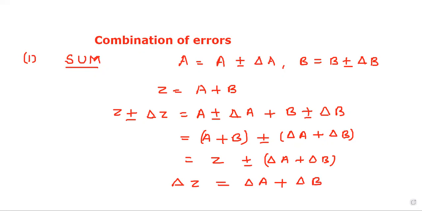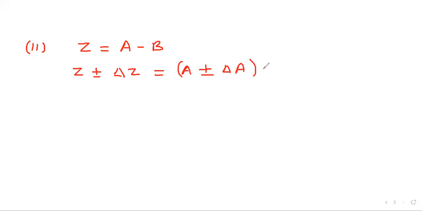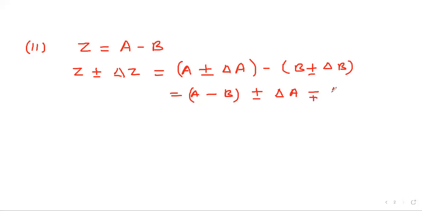Now we are going to see the case of difference when there are two quantities A and B. So let's write their difference as Z equal to A minus B, and we write their measured values, and then we write Z plus minus delta Z, which is equal to A plus minus delta A minus B plus minus delta B, or A minus B, and then plus minus delta A minus plus delta B,